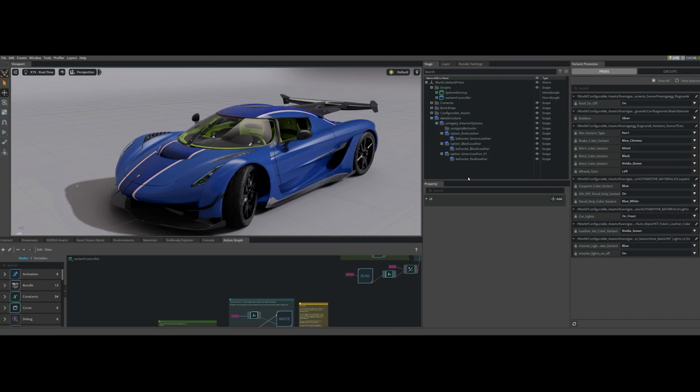All right, so we ran through how to manually build a data structure and an accompanying variant controller. But it's a lot of manual labor. And look, I have tons of variants, right? That's a ton of work to do. So